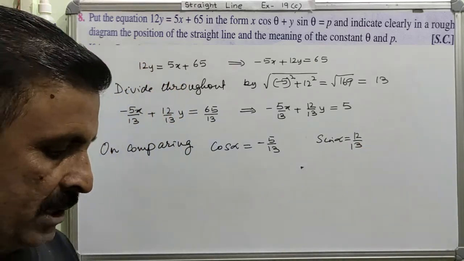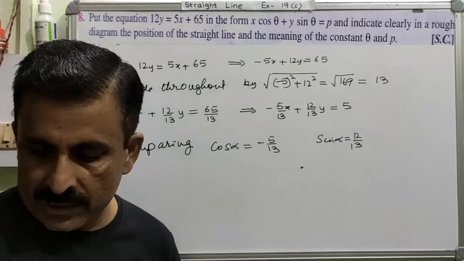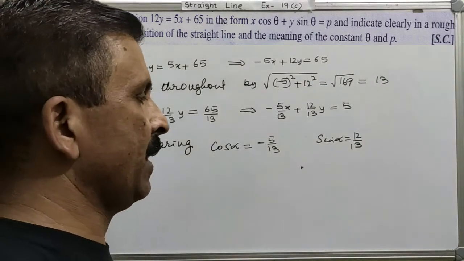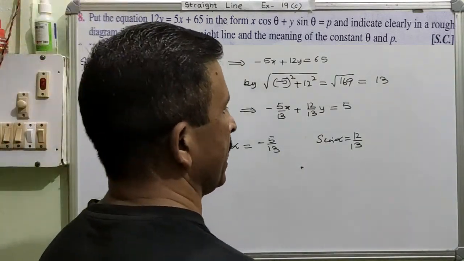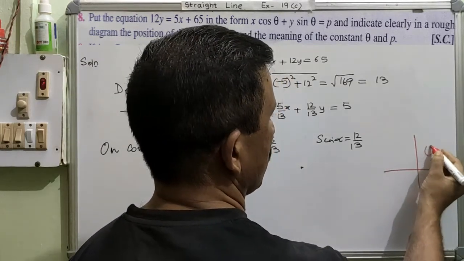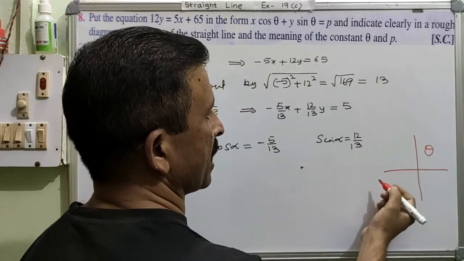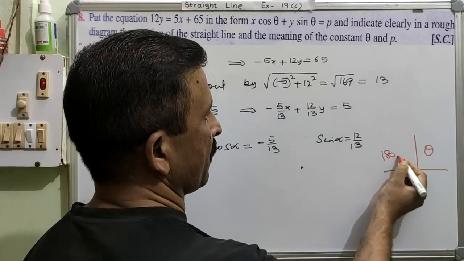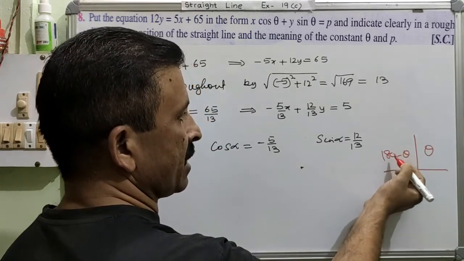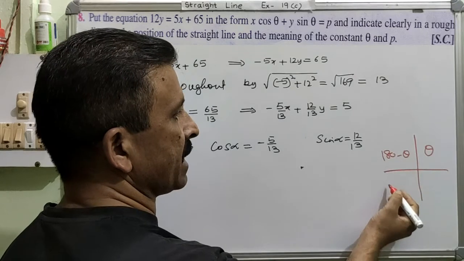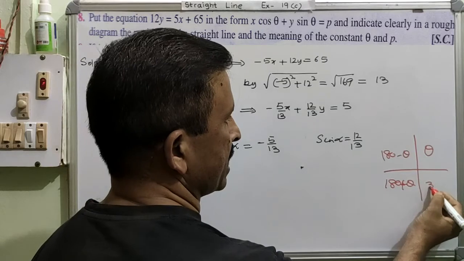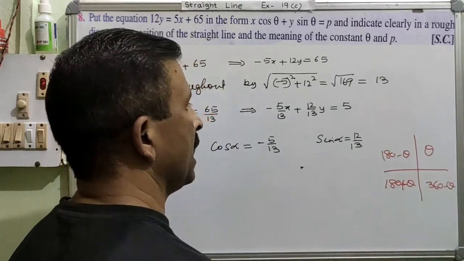If you remember, in the previous question I told you, if any of these two is negative, then you cannot find out the angle directly. We have to use the sign convention. Once again, I am drawing the rough diagram. This is theta, where all the angles are positive and all the trigonometrical ratios are positive. This we can write in the form of 180 minus theta. Any trigonometrical ratio that comes in this quadrant, we will write in terms of angle 180 minus theta. This will be 180 plus theta, and this last will be 360 minus theta. Am I clear or not?